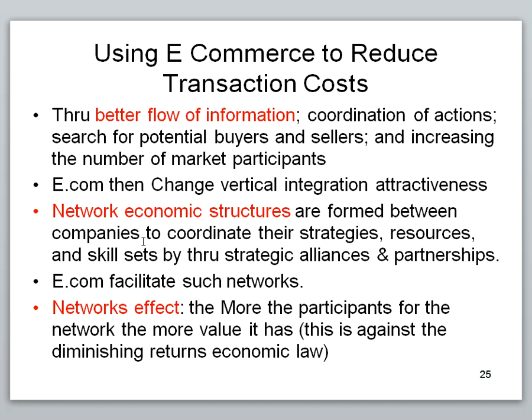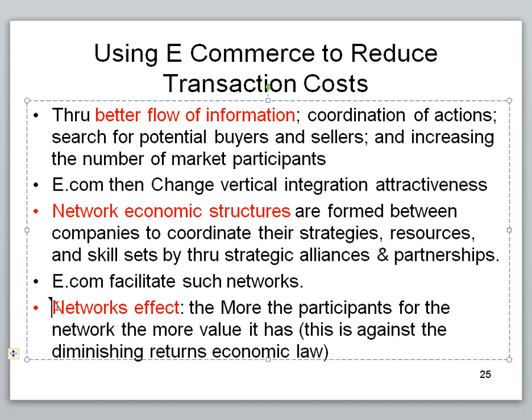One good advantage of an e-commerce system is that it enables you to form alliances and make other suppliers and customers work as if they are partners with you, because systems enable them to see your activities, participate and get involved in your activities immediately. So partnerships get enhanced and become like a business network. There is one important term called network effect. The more participants in a network, the more value it has.